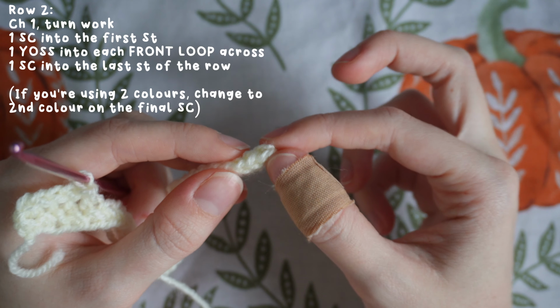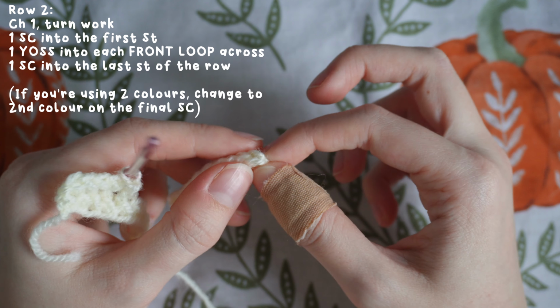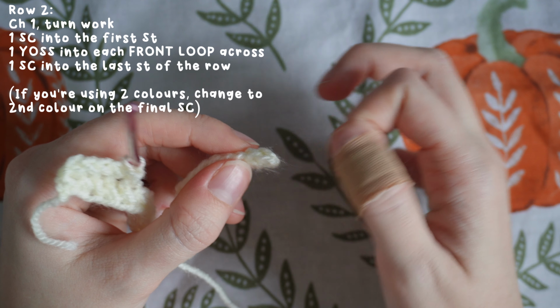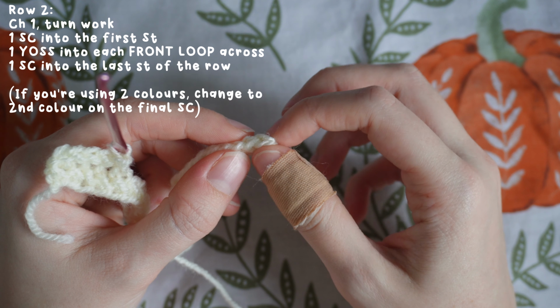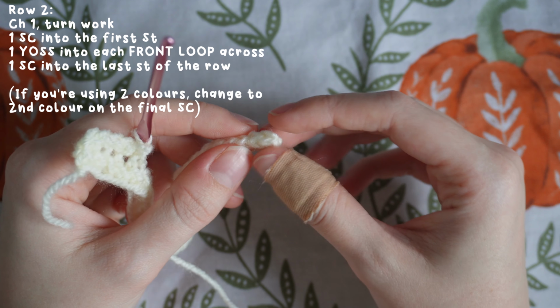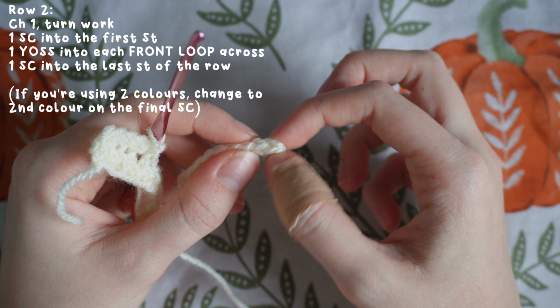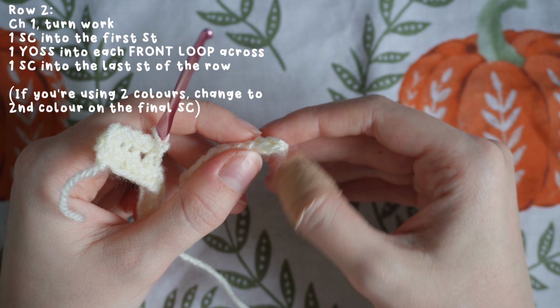and in that stitch I am actually going to be switching to my sparkly yarn. So I'm just going to leave that one blank so that I can show you how I'm going to change my yarn. If you're not changing colours or anything like that, then you can just ignore what I've said and just do your single crochet in that stitch as normal,